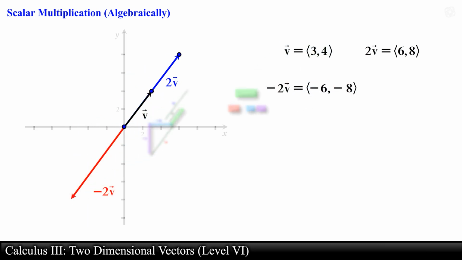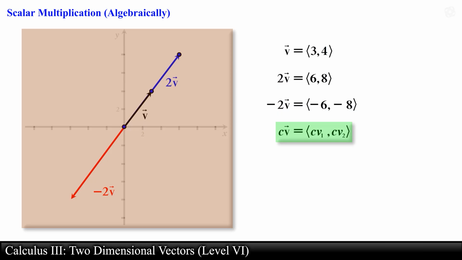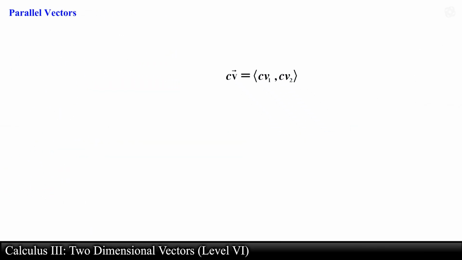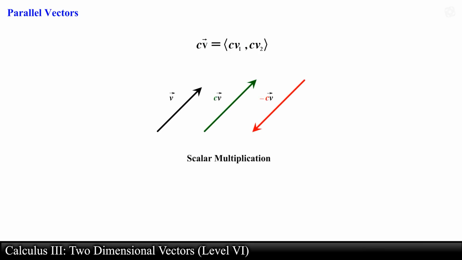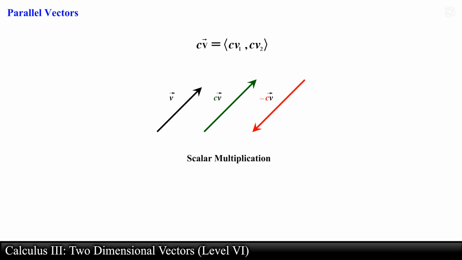Alright, as you just saw, computing the scalar multiplication of a vector algebraically allows us to focus on the mathematics of vectors, without dealing with the geometry of vector operations. The algebraic definition of scalar multiplication has a couple of nice applications, such as describing parallel vectors. This idea is going to be really important because many of the concepts in multivariable calculus will make use of parallel vectors. For the most part, two vectors are parallel if they have the same direction or if they point